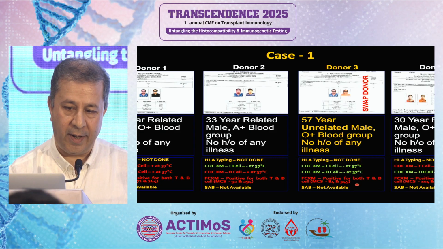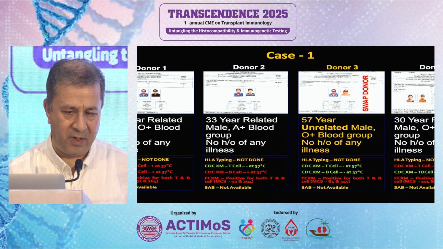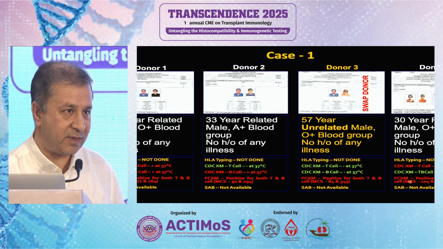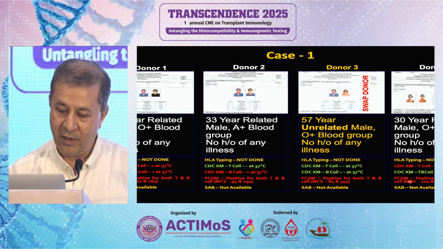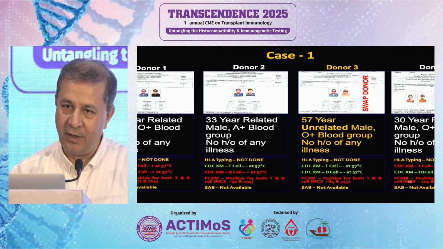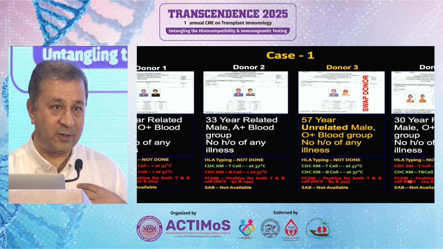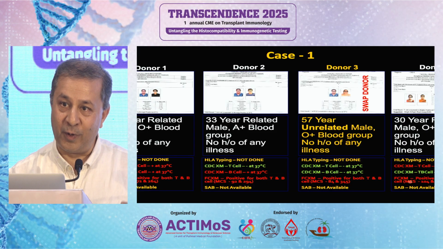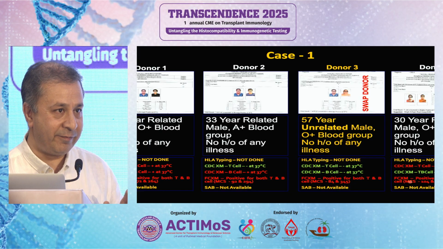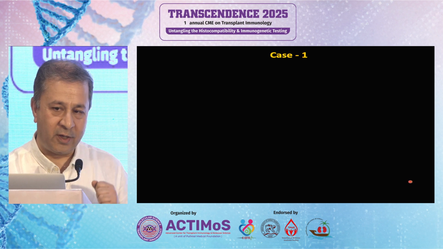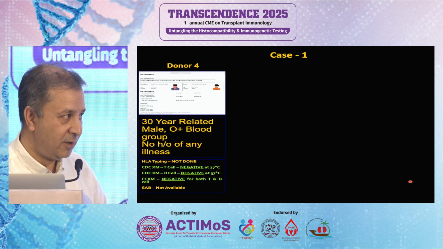And in this donor, you had, again, no typing done, no SAB done, but CDC T cell positive, B cell negative, flow cross-match still continuing to be positive. And at this point, when again it came in, obviously our nephrology teams generally get shaken up, especially with the kind of trust they would want to place on us, because every time they get a donor, we say positive, again positive, and every positive thing becomes negative, because then your lab is not doing your job well, okay? So this time they decided we'll go for a third-party lab, and look, the same donor when it went out,